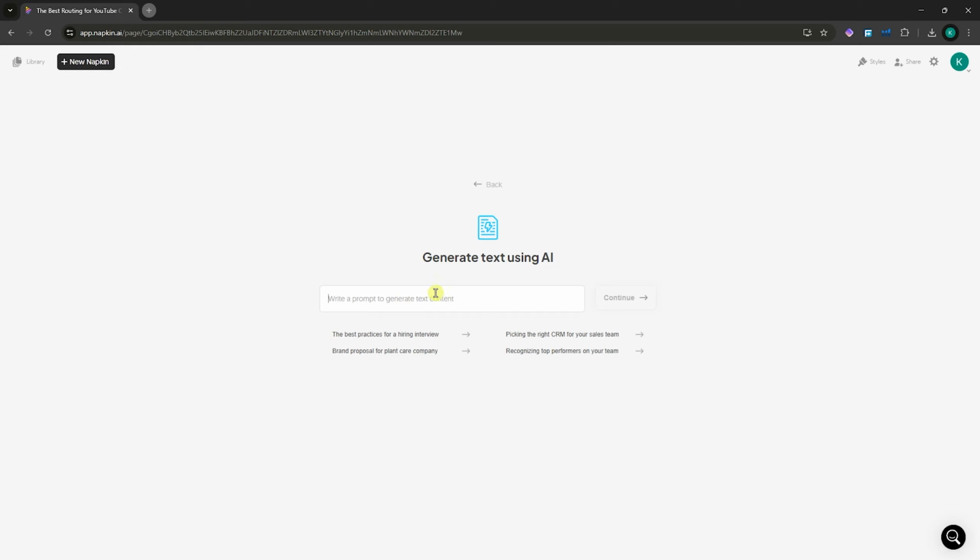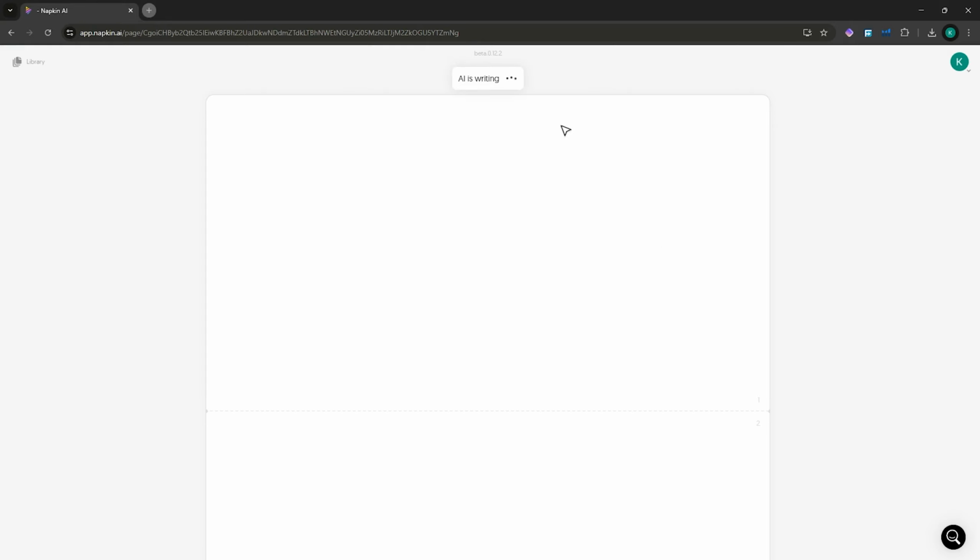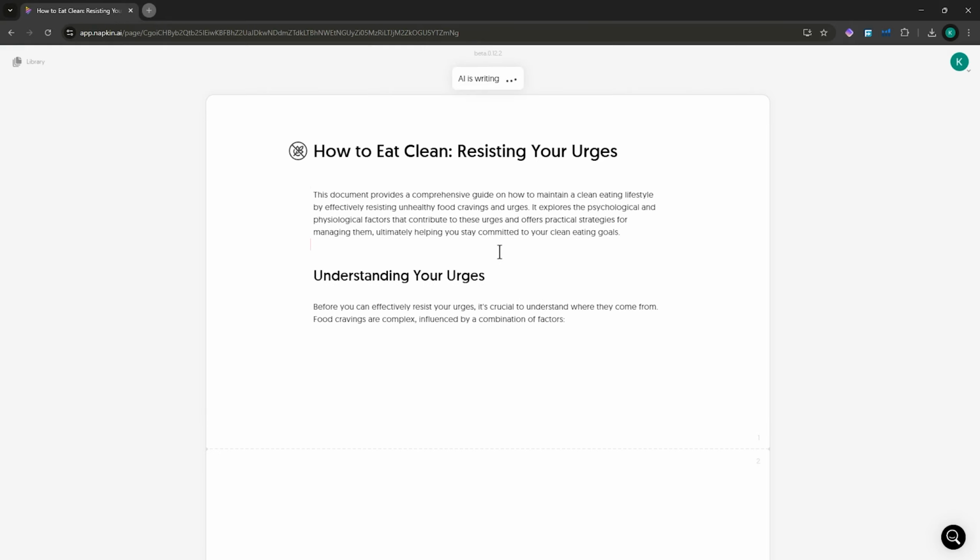And then you can now write out a prompt on what text you would like to generate, maybe a script, a guide, or whatever it is. And you have some sample topics that you can use right here. So let's say I'm just going to go for how to eat clean. Resist your urges, maybe something like this one, and clicking continue, and then AI will now write for us,